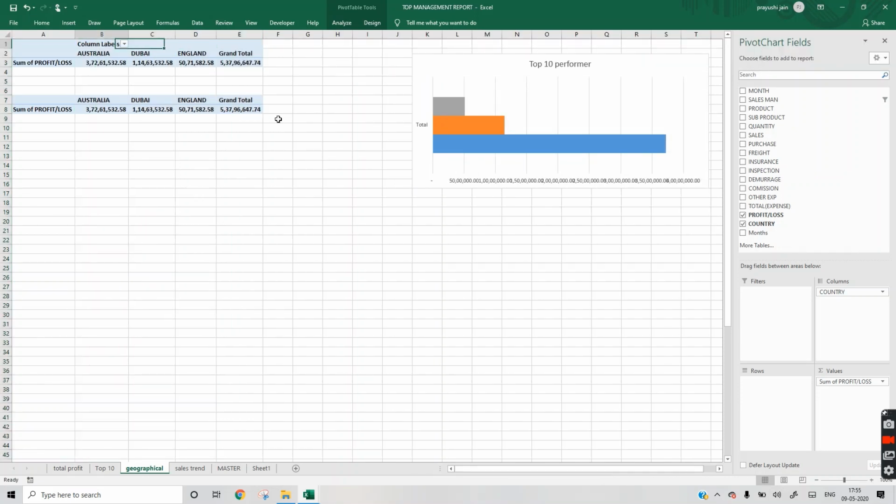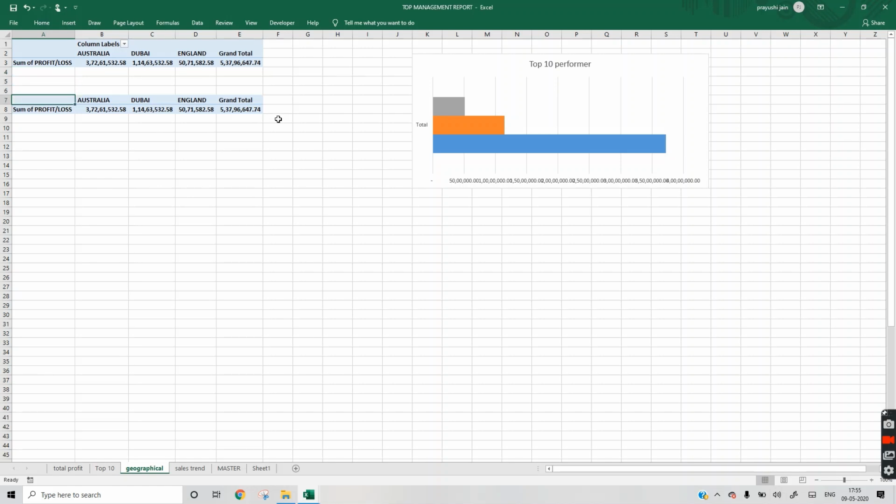Because a geographical chart will not be able to be made on a pivot table, we copy pasted the data downside.